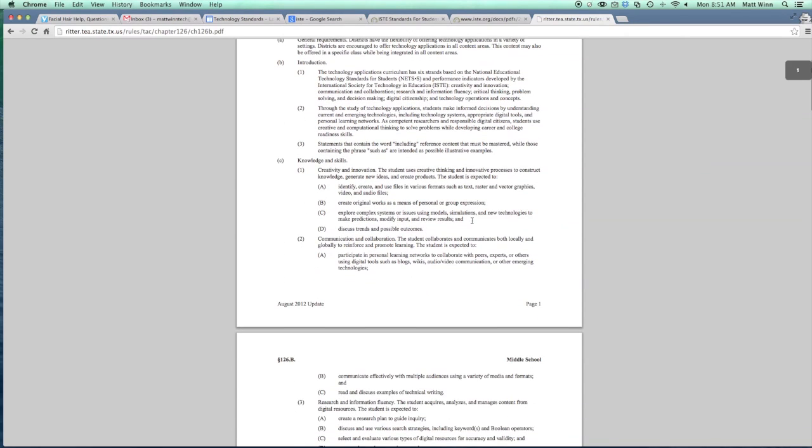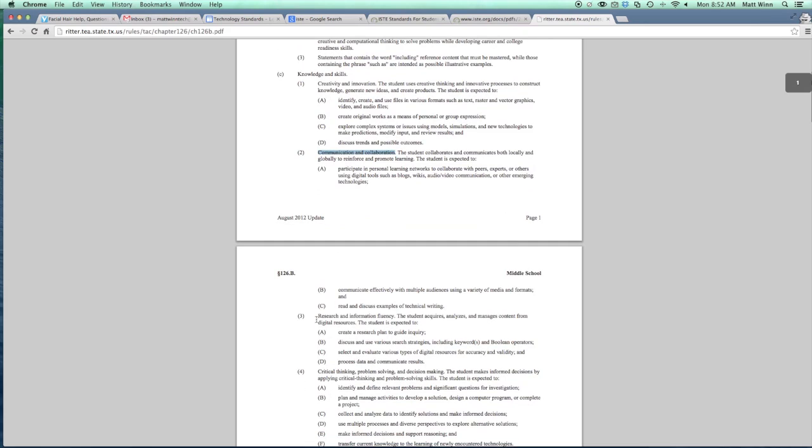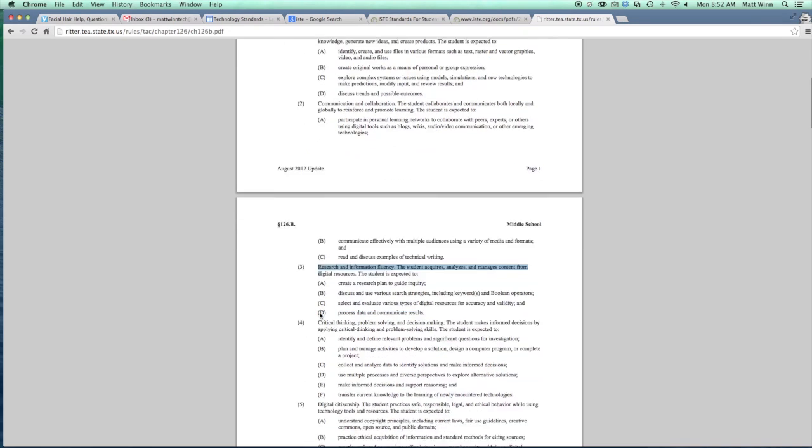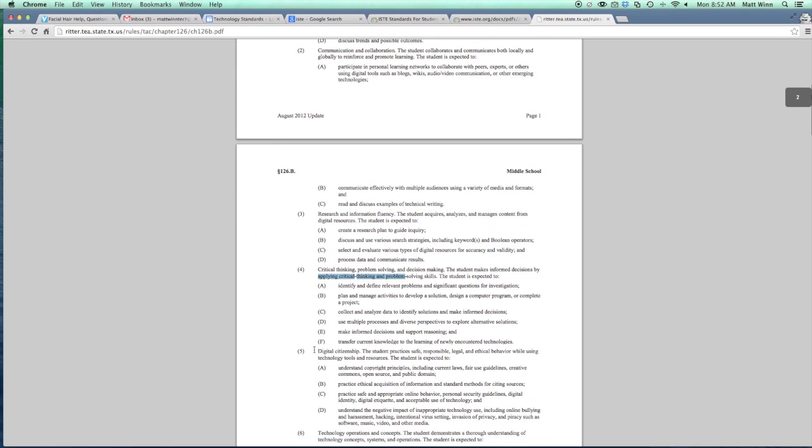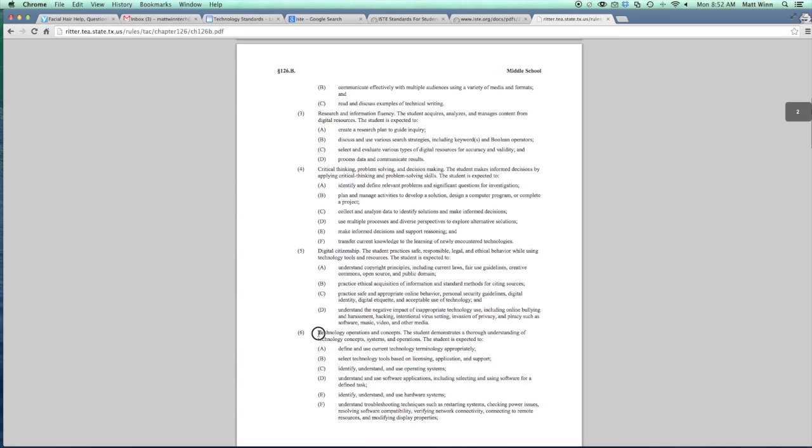So when you look through, you're going to see basically the 6 strands of the international standards: creativity and innovation, communication and collaboration, research and informational fluency, critical thinking, problem solving, decision making, digital citizenship, and finally technology operations and concepts. Now, not all of the 6 strands are complete for every age group of students: elementary, middle school, high